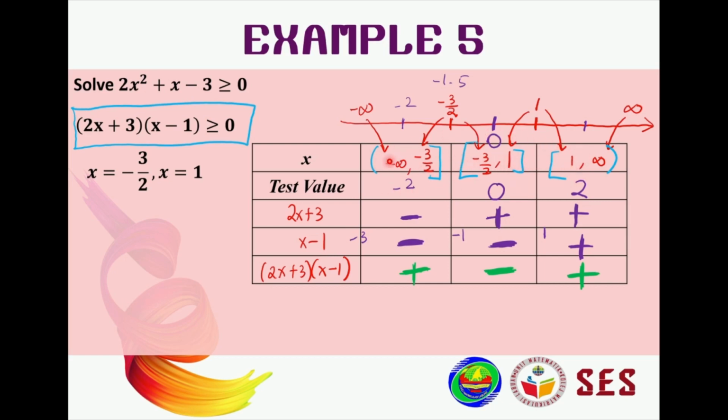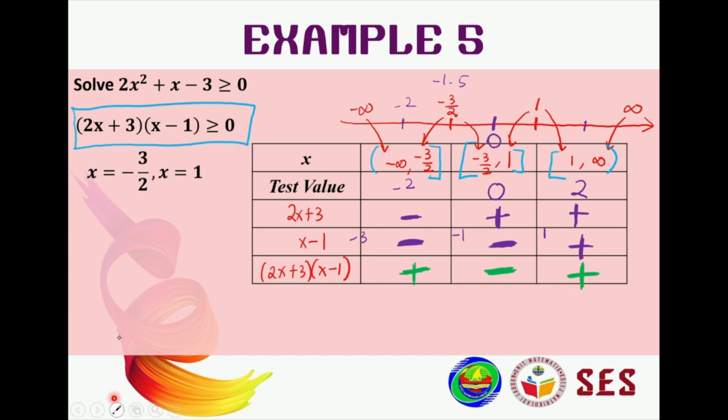Look back at our blue box. Is it greater than 0 or less than 0? Yes, it is greater than 0. If it is greater than 0, is it negative or positive? Yes, we want the positive intervals. But we have two positive intervals. Is it possible to get two intervals as the answer? Yes, we can. So how to write this answer if we have two intervals?